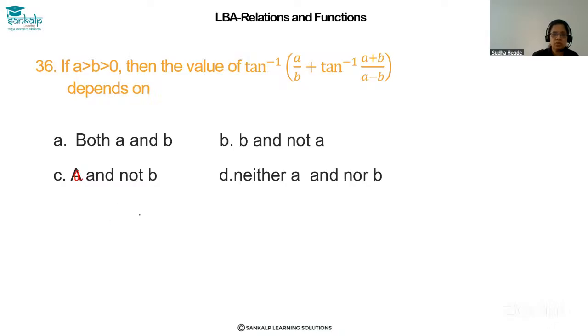So tan inverse a by b plus tan inverse a plus b divided by a minus b, that is equal to, how do you calculate this? Use tan inverse formula. How do you write that one? Tan inverse